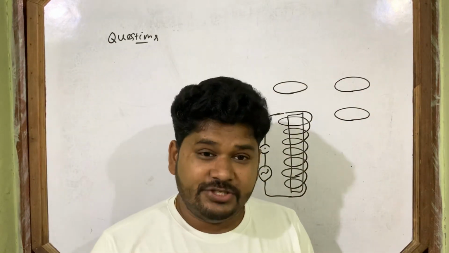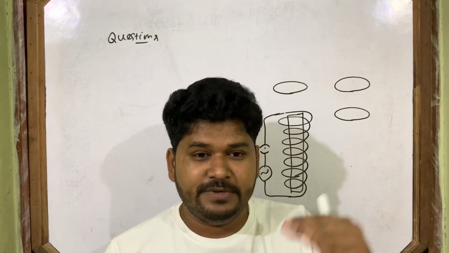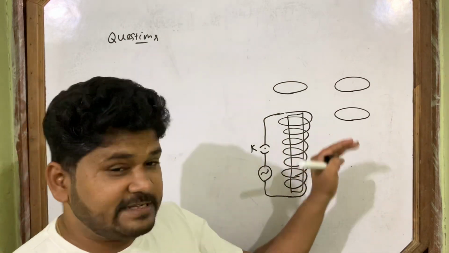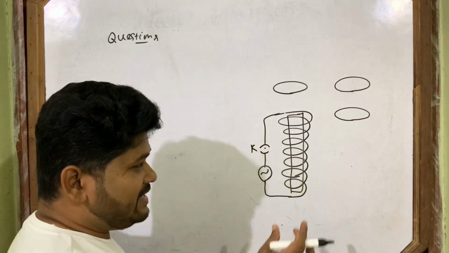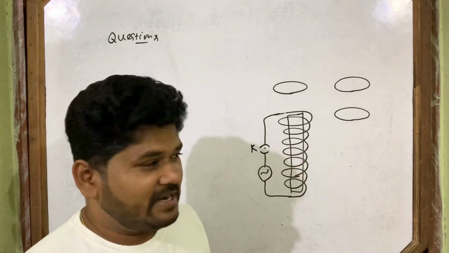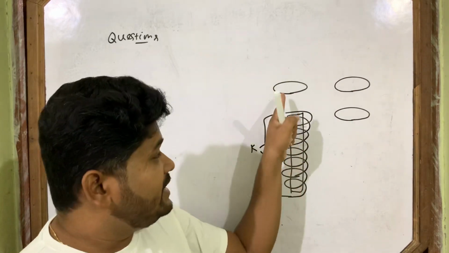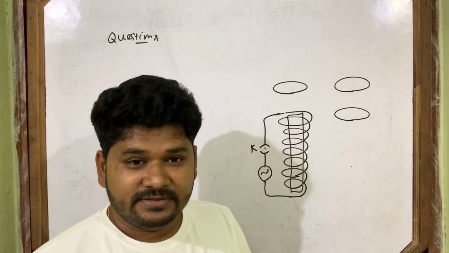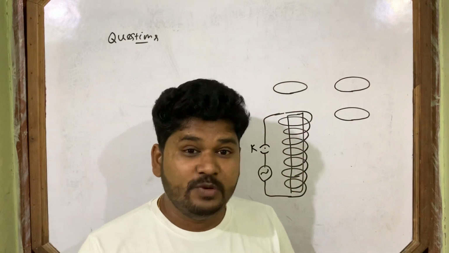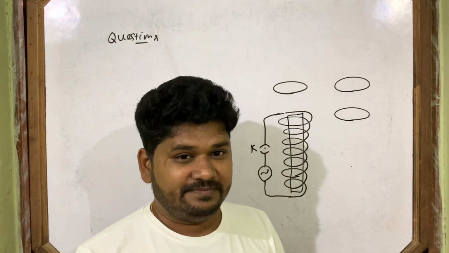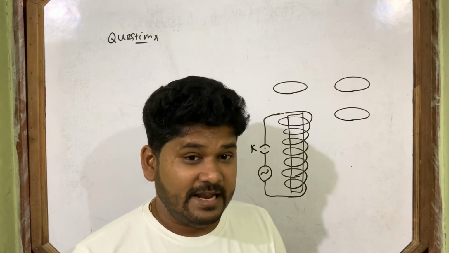Initially the current was 0, but when I do switch on, current is immediately established. From 0 the current immediately increases, so this is an increasing situation. When the current increases immediately, it behaves like a magnet here. So magnetic flux comes and eddy current forms in this ring. When eddy current forms in this ring, in which direction does the current flow? That matters. The direction of current we can know with the help of Lenz's law.